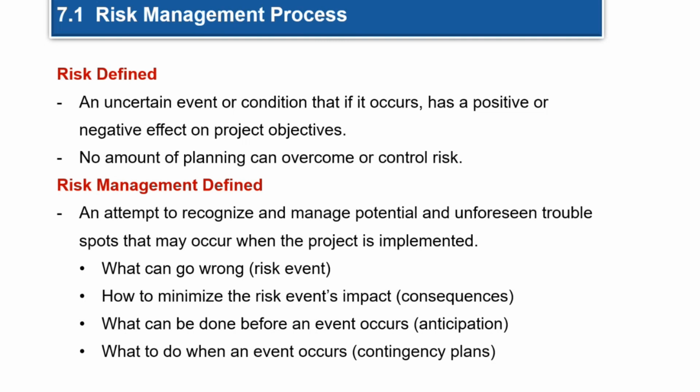In the context of a project, risk is an uncertain event or a condition that, if it occurs, normally has a negative impact on the project objectives. Sometimes it can be small, sometimes it can be big. A risk has a cause, and if it occurs, will have a consequence. That's the definition of a risk. So it's an uncertain event, and tends to go wrong as well. That would cost the project significantly, financially, and